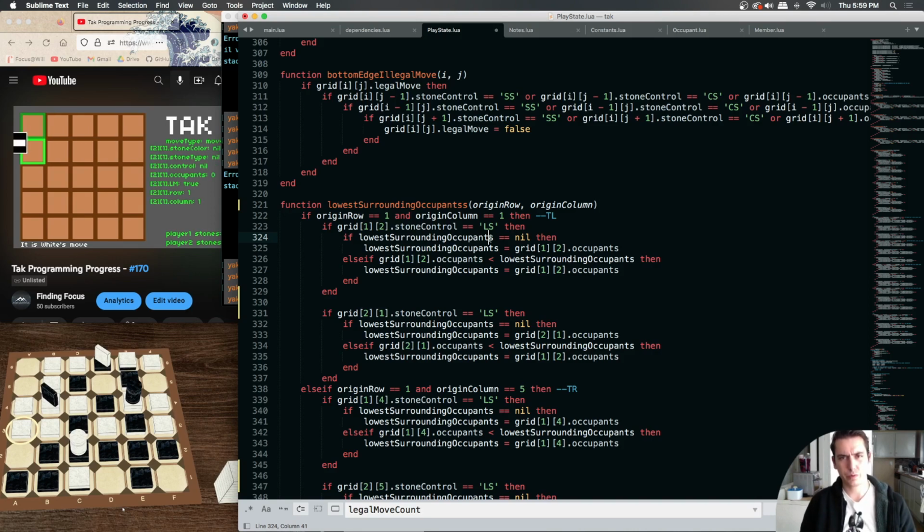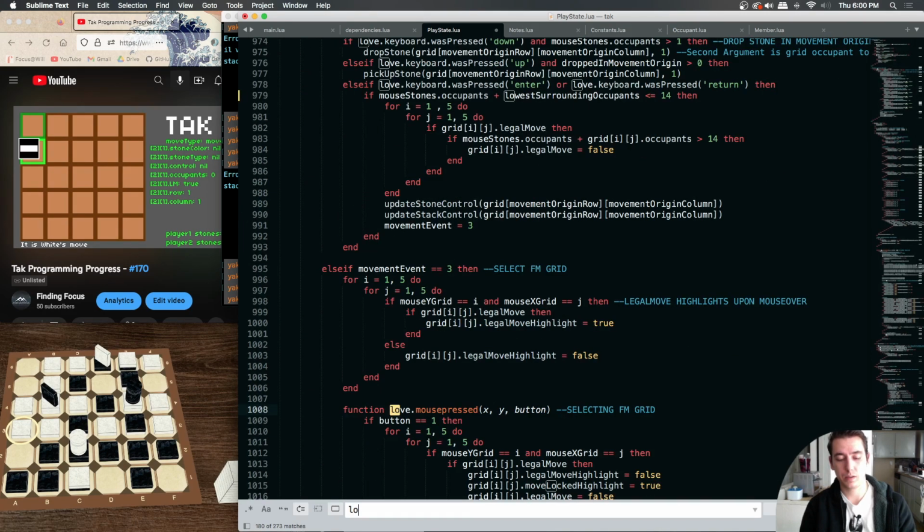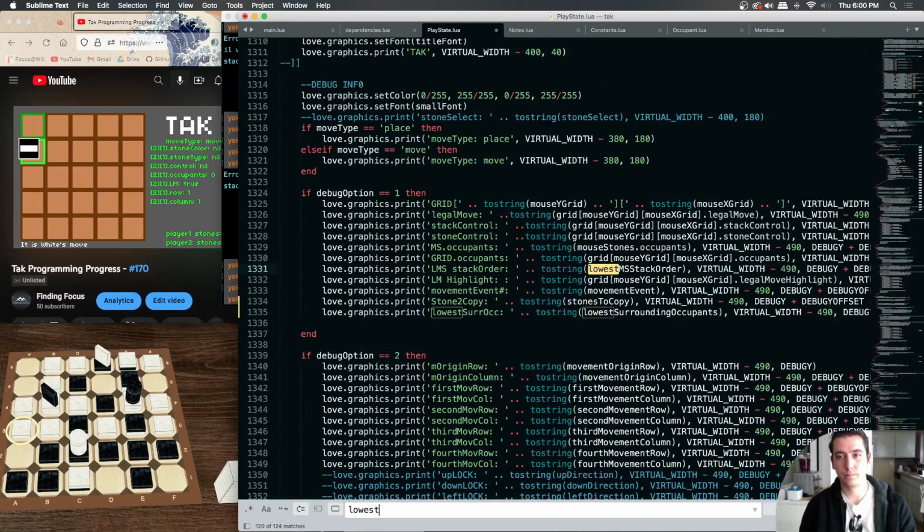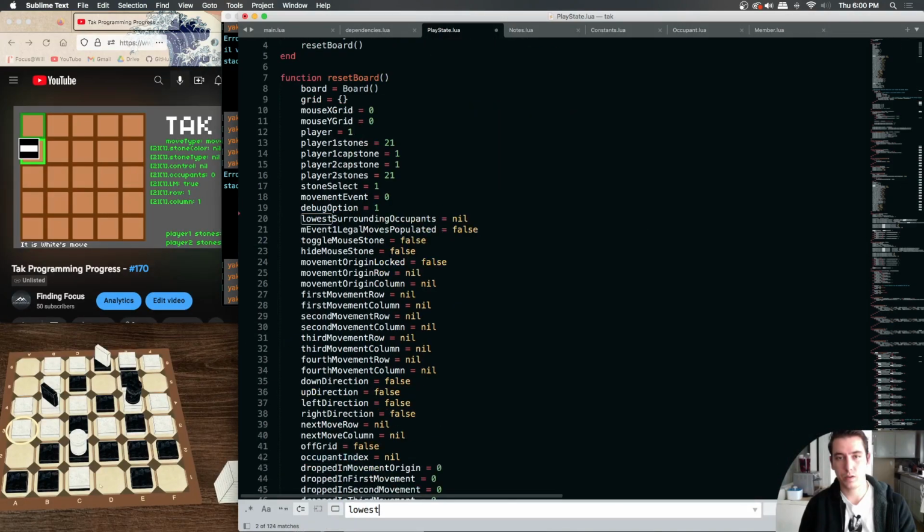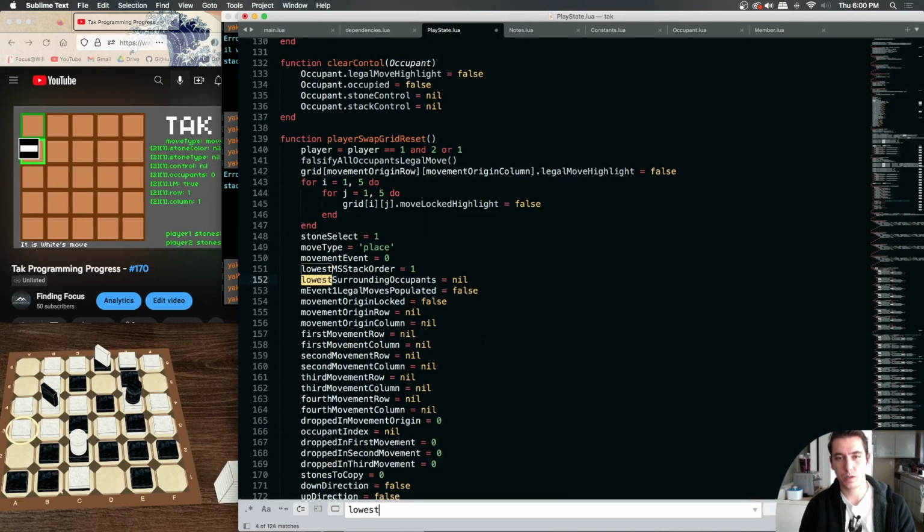Now, lowest surrounding occupant, I'm just gonna call our function lowest surrounding occupant, and our variable is still lowest surrounding occupants. So when we call our function here, lowest surrounding occupant,